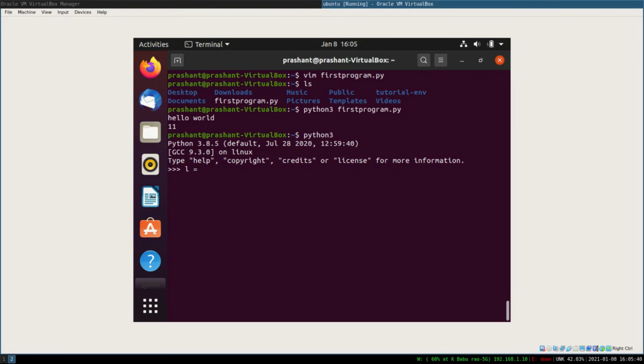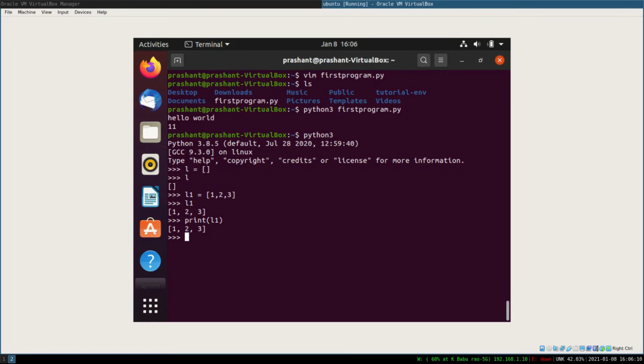You can declare an empty list using this statement. This could be your list name, any variable name, followed by square brackets. If you want to print the list, you can do this. If you want to initialize a list, let's say L1, with some elements in it, you can do that. And if you want to print that list, you can type print L1.